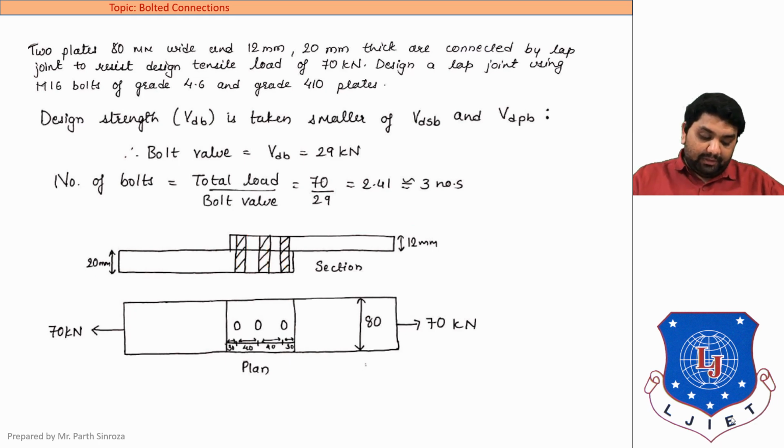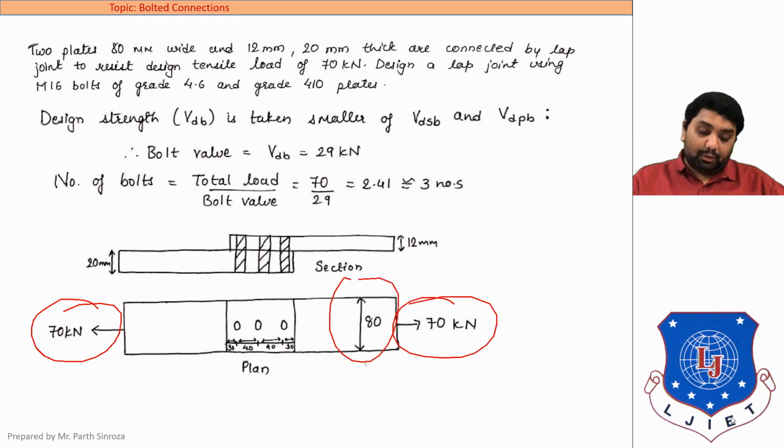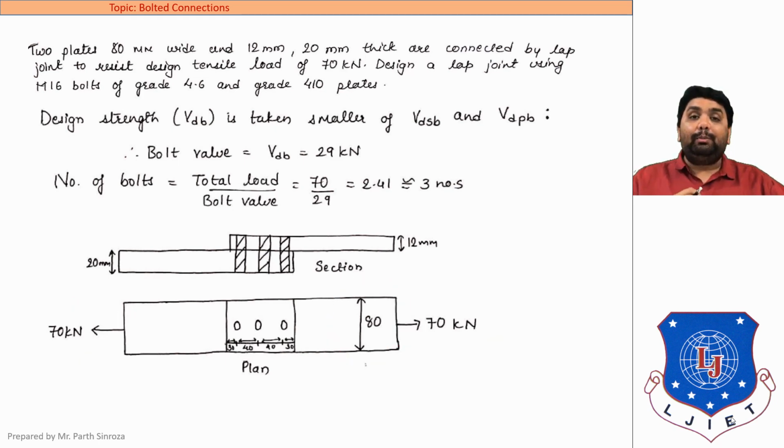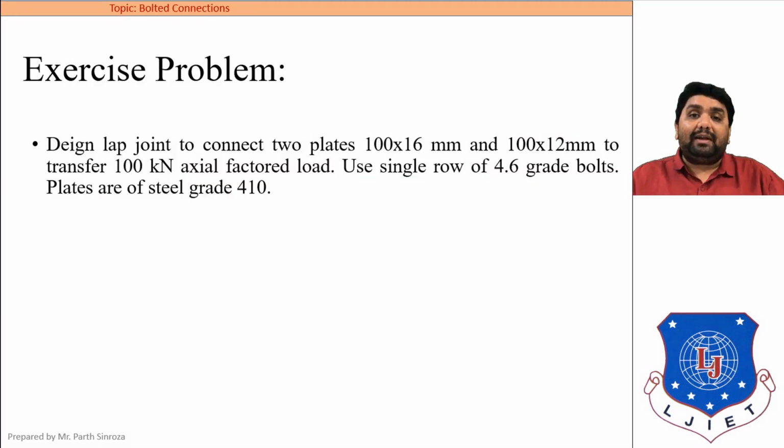Clear? So here you can see the load that was given. This was the width that is given in the question, and in the figure we need to mention the E and P, that is edge distance and the pitch. Pitch is the distance between two consecutive bolts. So the center to center distance will be 40, and this center to this center distance will again be 40, and the remaining two distances will be our edge distance, that is 30. So this is how you will be sketching or drawing the final figure.